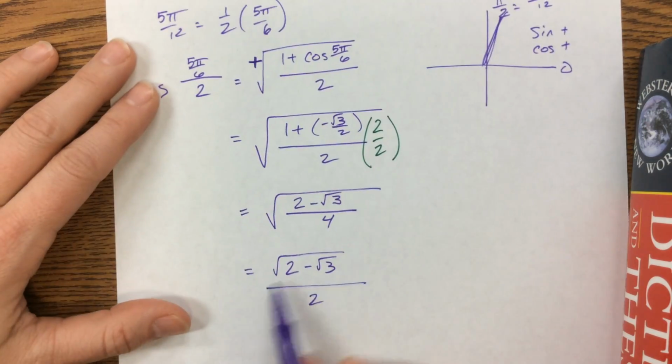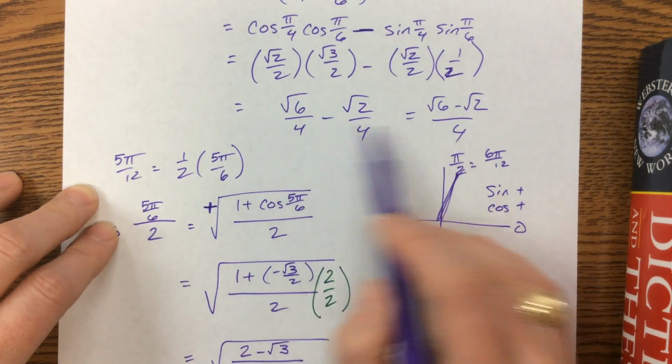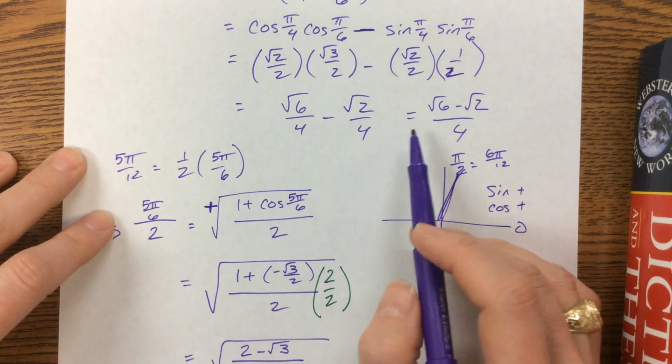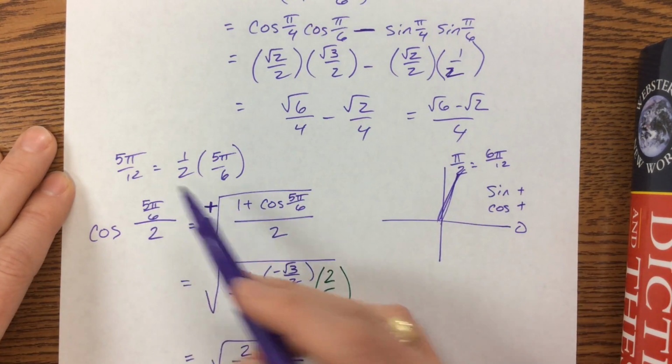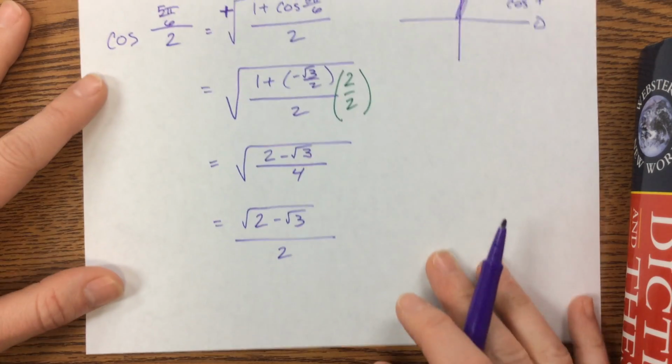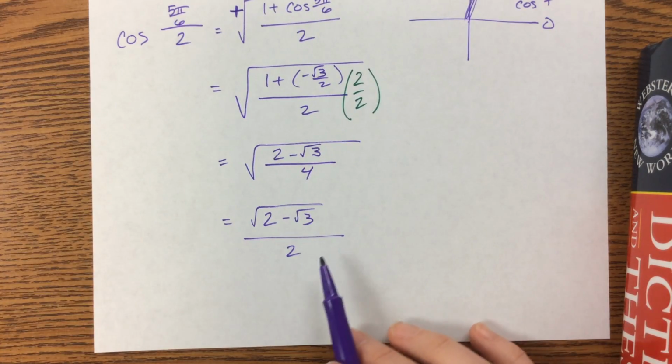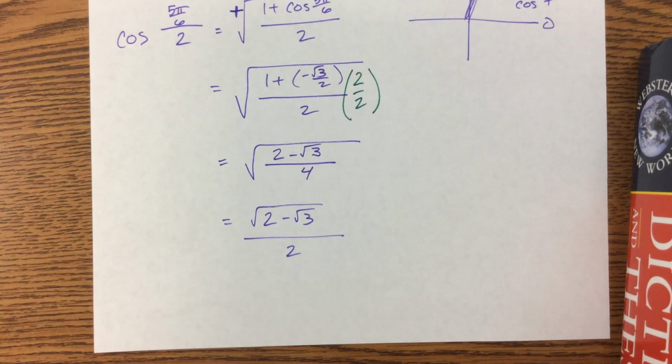Okay, so we got this answer, and we got these answers. Well, they're the same, for the same cosine of 5 pi over 12. Well, this one looks kind of screwy. It looks kind of weird. But if we grab a calculator,